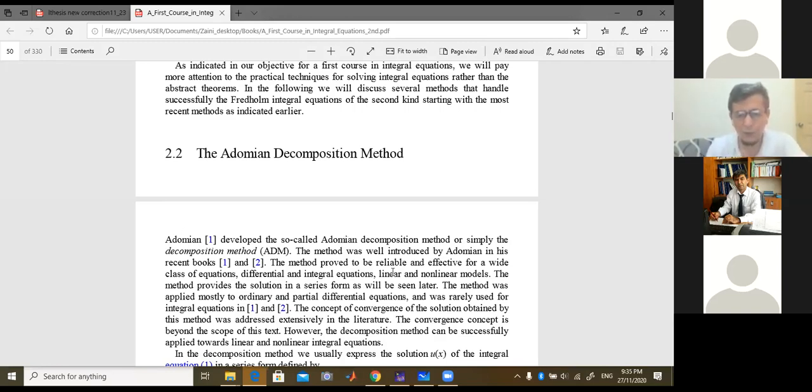This method was well introduced by Adomian in his recent book. The method proved to be reliable and effective for a wide class of equations, especially differential and integral equations, including PDE, partial differential equations. The method was applied mostly to ordinary and partial differential equations. But here it says that for integral equations it is less used, but after writing the book of